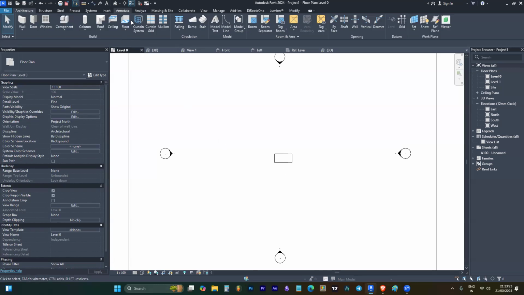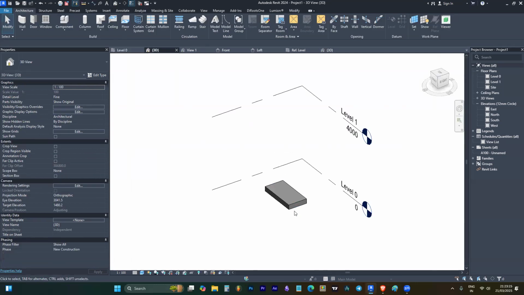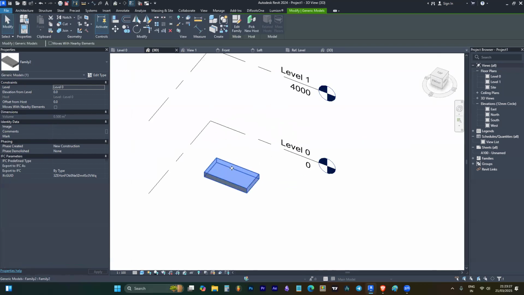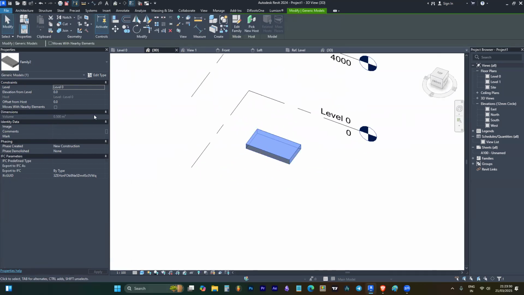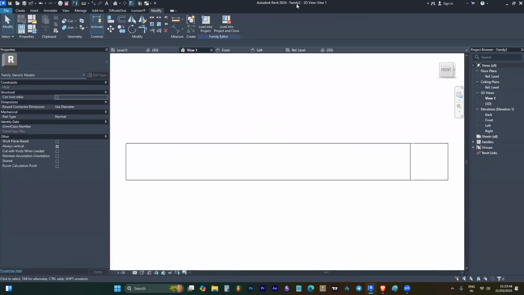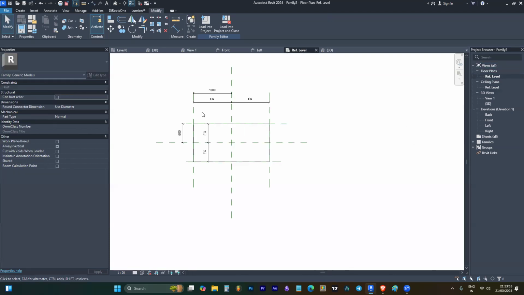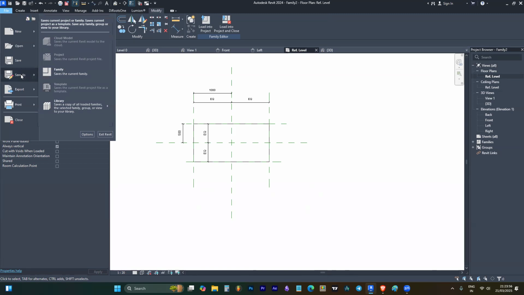If I go to the 3D view in the project, you can see the view we created, but there is no option to change anything of this cube. We need to give dimensions to edit the cube, right? So again, I'm going to that family. We will save this one. Save as the family,